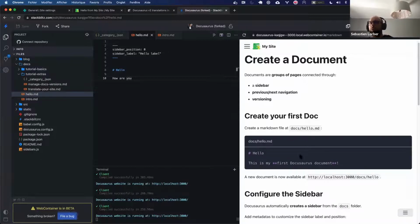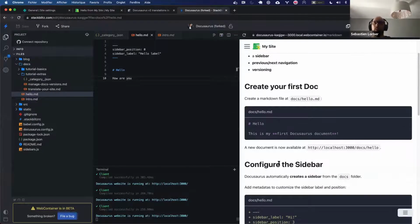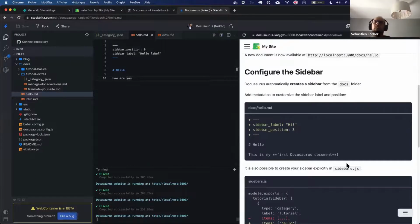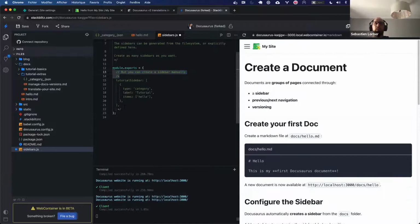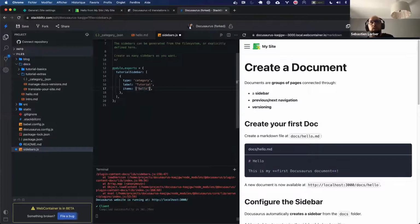So we have seen that we can create a document. We have seen that we have a sidebar file that permits creating the sidebar, and that by default it creates the sidebar structure and tries to infer it from your file system structure. So the thing is, maybe you want to have more control over your sidebar. For example, if you want to make it not auto-generated, but static, where you define exactly which categories and which items are created, and not necessarily in the exact same order and structure as the file system. You can also, for example, create a category. I'm going to create